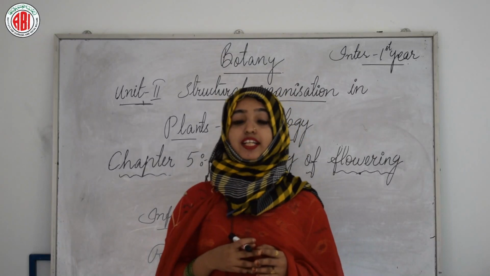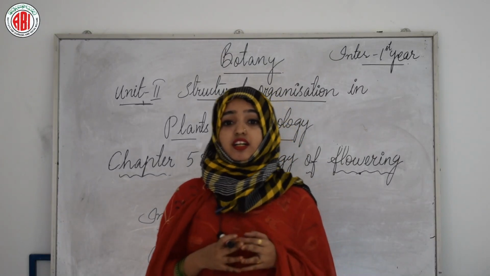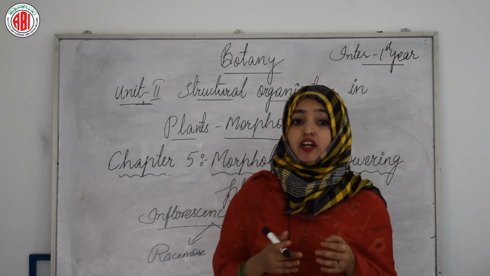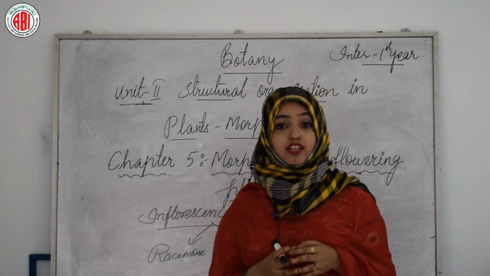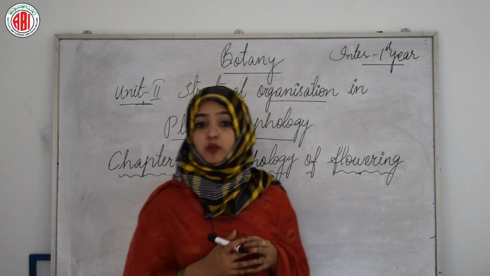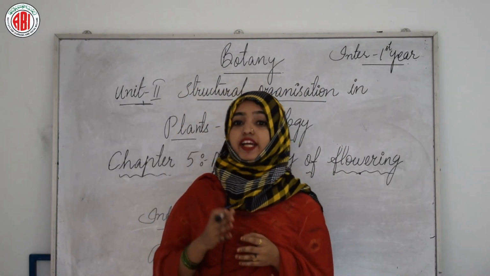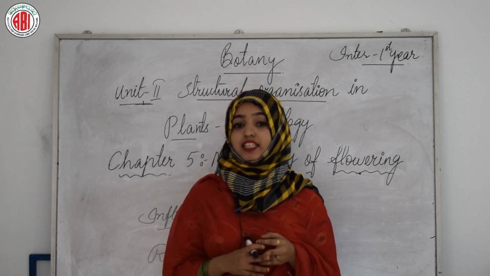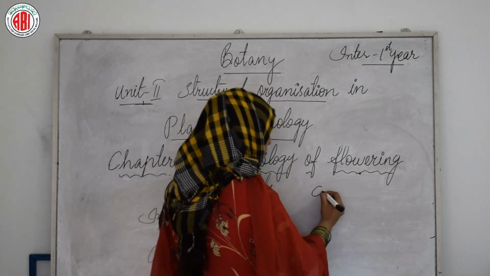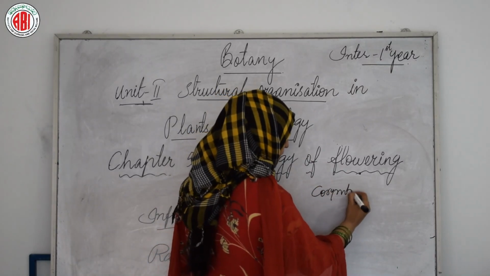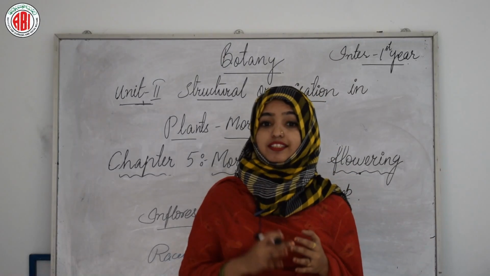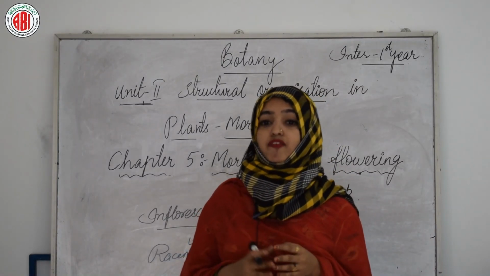Commonly occurring ones are described, like in Crotalaria and Mangifera indica, the pattern is raceme, while in members of Cassia and cauliflower it is called as corymb, in which all the flowers are brought to the same height due to the varied lengths of the pedicels, even though they are borne at different nodes. So what will happen in corymb type of racemose inflorescence, all the flowers are brought to the same height with the help of its pedicel.